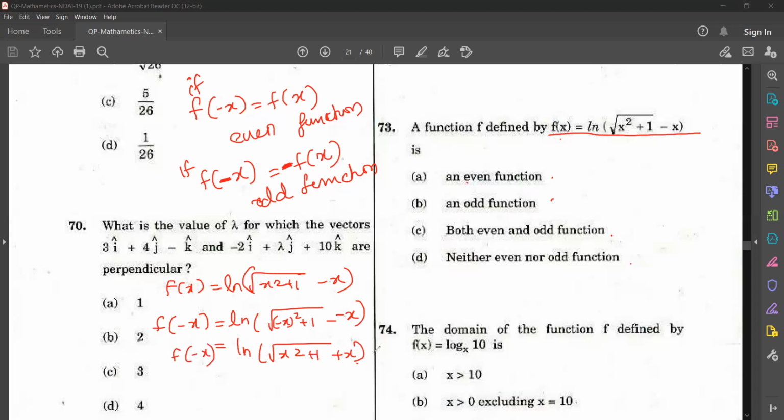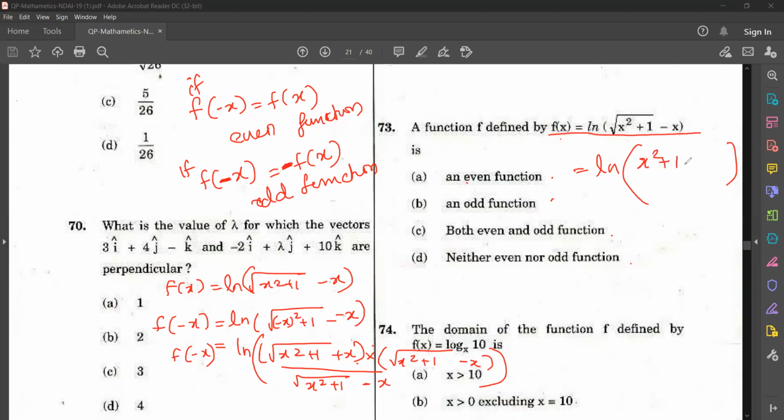Now what you can do is multiply the numerator and denominator with the conjugate. I'm doing the conjugate inside the log. Okay, so I'm just making this bracket big. I'm going to do the conjugate here, root of x square plus 1 minus x. Denominator also root of x square plus 1 minus x. Inside the log, I am taking the conjugate. Now the remaining portion I am writing here, that will become ln, a plus b into a minus b, that is a square minus b square, isn't it?